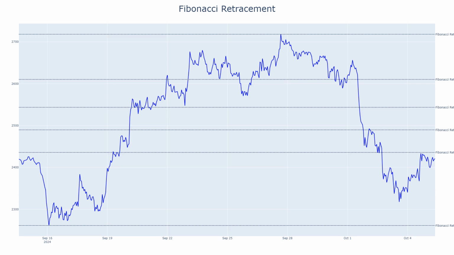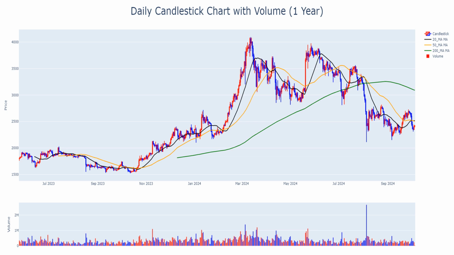If it fails to hold this level, the next major support lies at the 50.0% retracement at 2489.73, and further down at the 38.2% level, which stands at 2543.64. A failure to maintain these levels could see ETHUSDT dropping toward the 2261.26 mark. The daily candle chart for ETHUSDT shows a significant decrease in price over the last year, with major